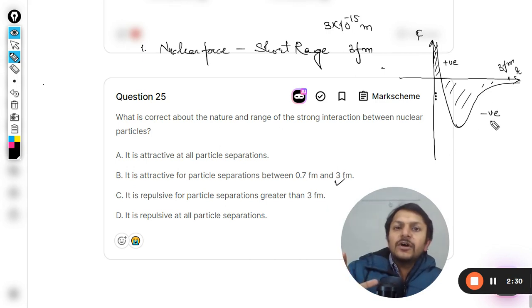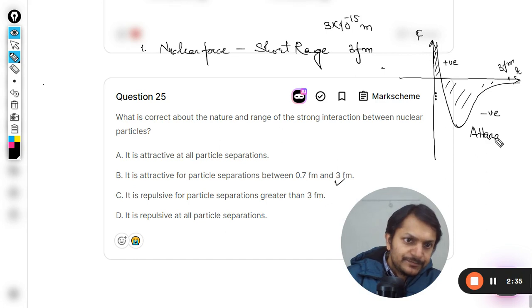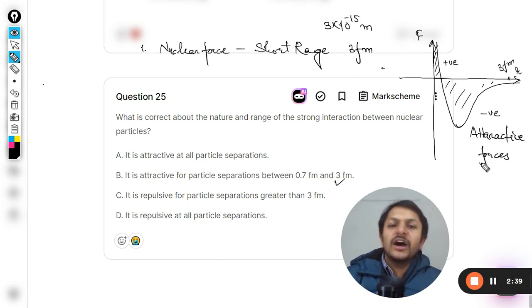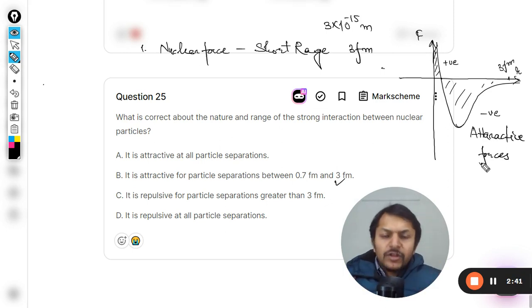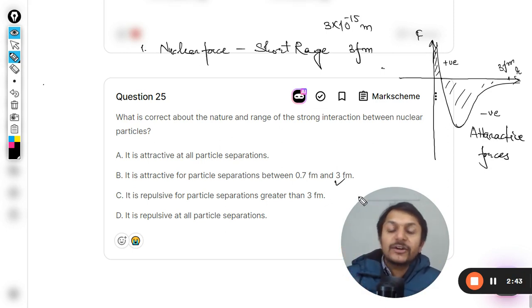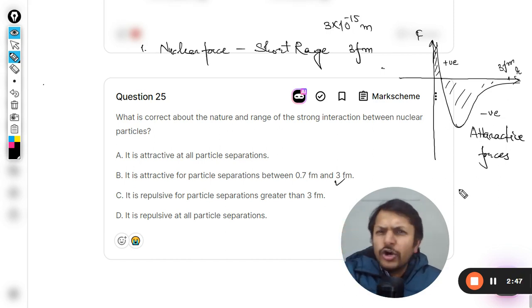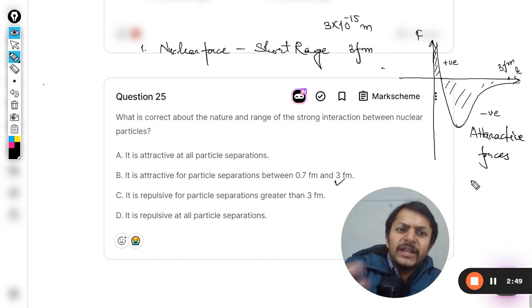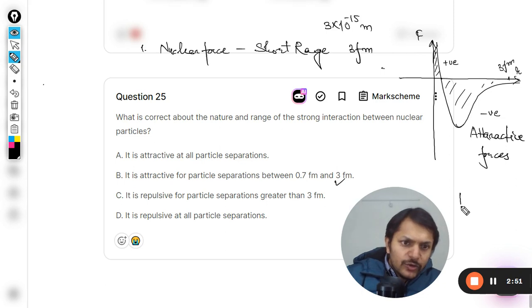Negative force always refers to the attractive force. So this is attractive force. Always remember, attractive forces are always negative. The best example is electromagnetic interaction. So you talk about a positron and electron. So the Coulombic force is given by K